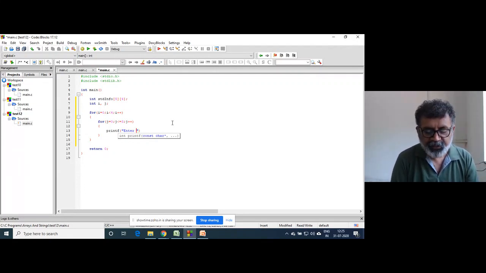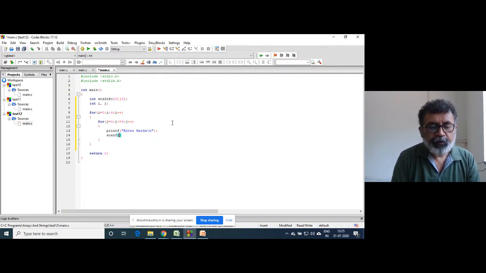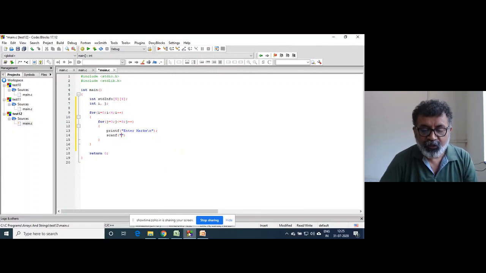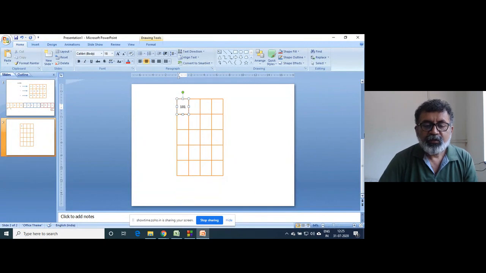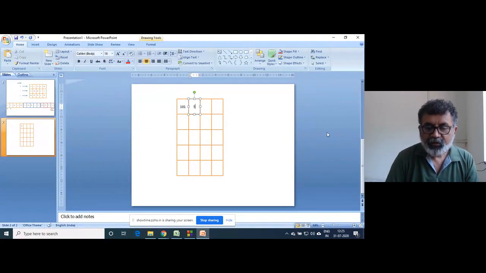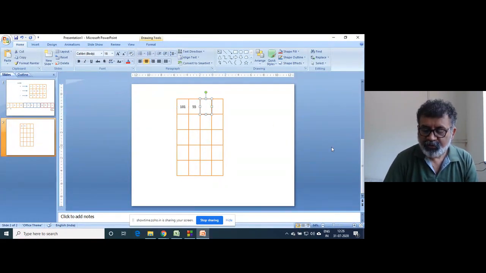But if we say here enter marks, then in the first column also marks will be stored, because we want this to be like this: roll number, marks, right?